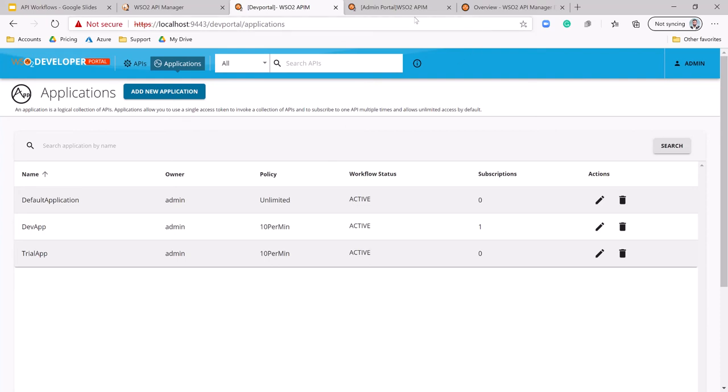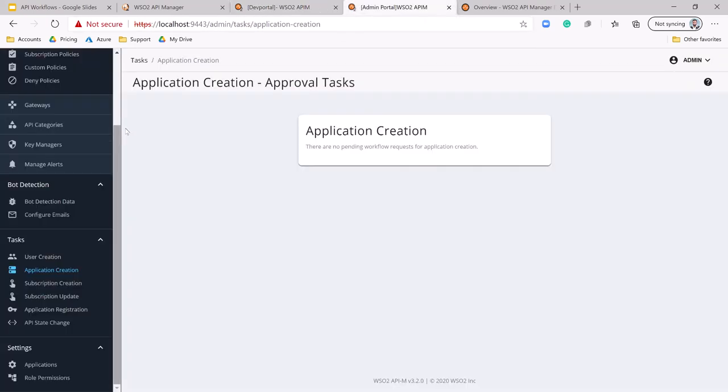And also what you can do is you can provide a user who has access only to these views with a separate user role. So you can have a dedicated person sitting and validating and approving all the application creation, user creation, approval requests.